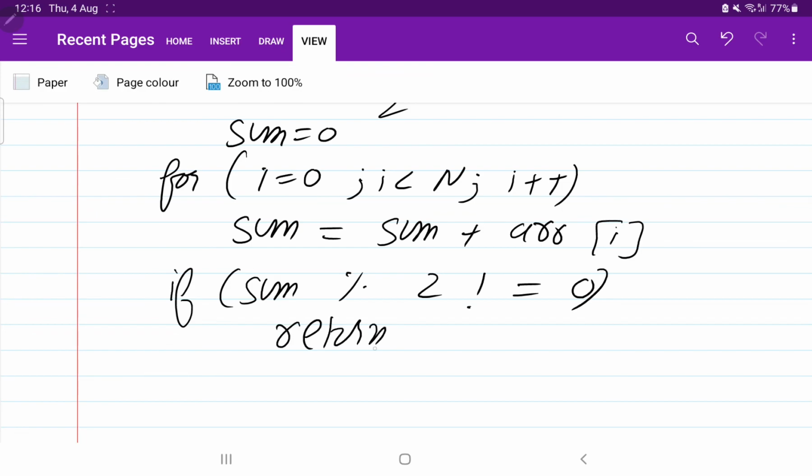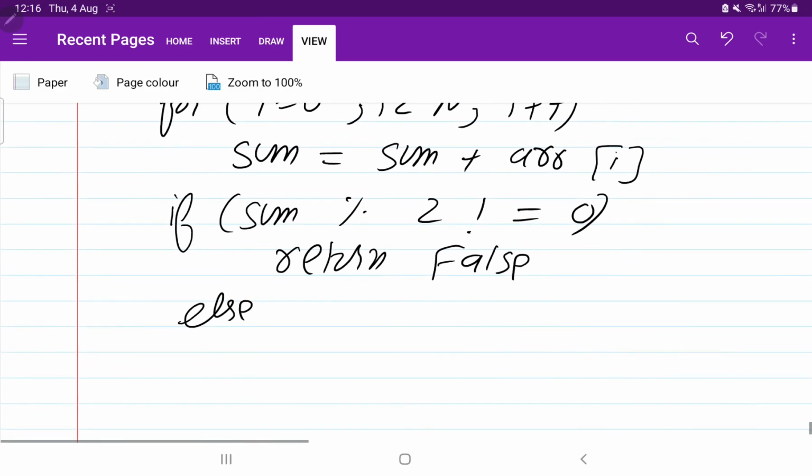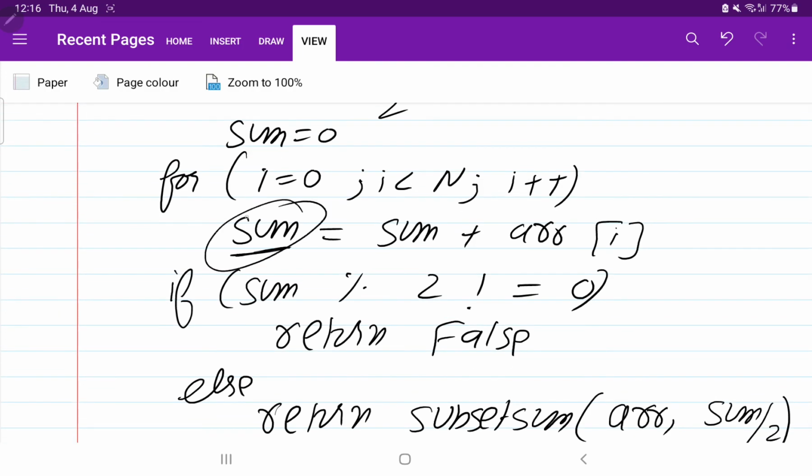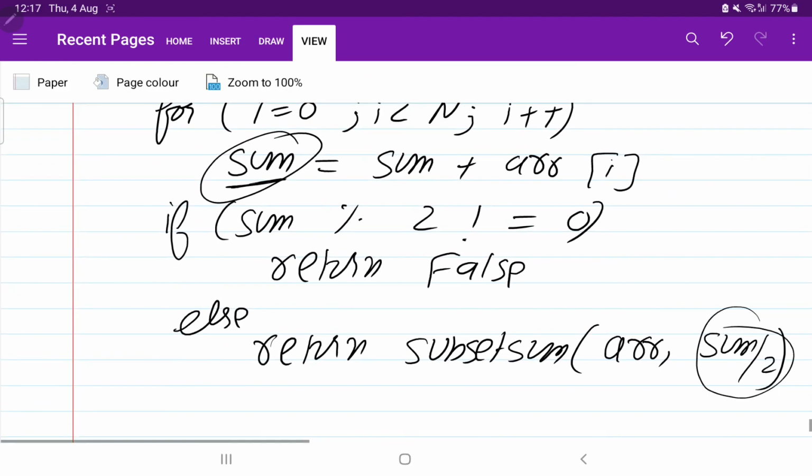Then you have to return false. Else you have to return the subset sum program that we have written, by passing the value of array and sum by 2, because this will give the sum of array, but we need to check for sum by 2, and we will get the final solution.